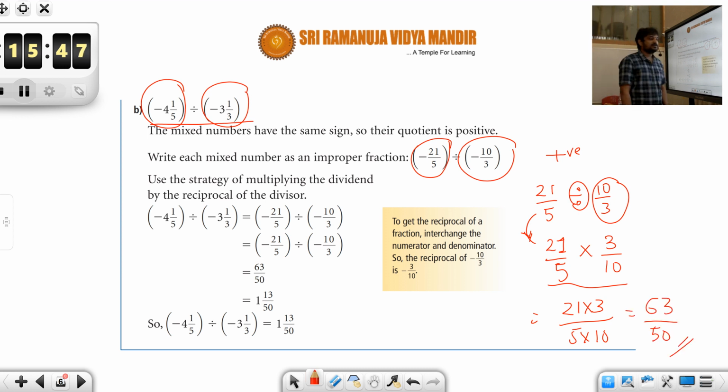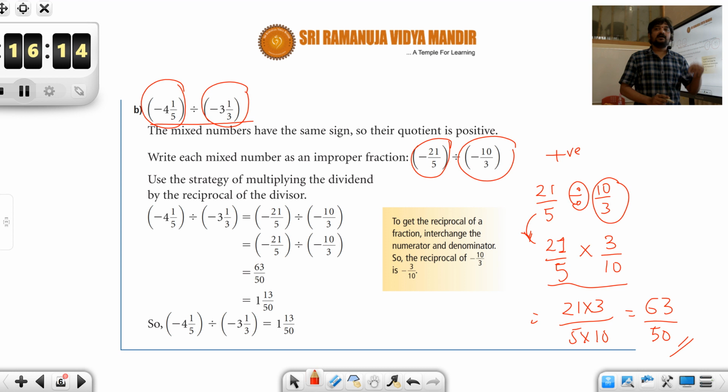But in the question, each and every number is given in mixed form. So try to express the answer also in mixed form only. If in the question they have given the numbers in fraction form, express it in fraction form. If the numbers are given in improper fraction form, express the answer in improper fraction form. If the numbers are given in decimal form, express the answer in decimal form. If the numbers are given in mixed form, express the answer in mixed form.